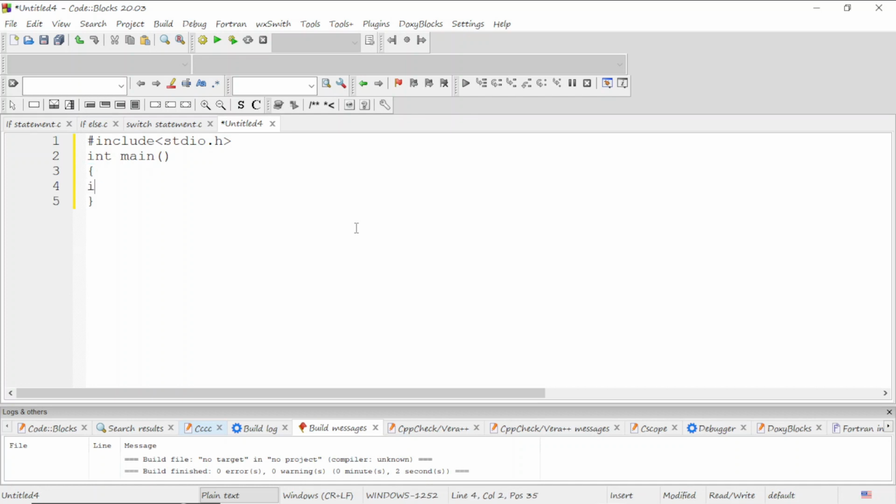I will provide variable int x equal to 10. This is your while loop. I'll use the while command: while x is greater than 10, or you can say x is greater than 0, then it will